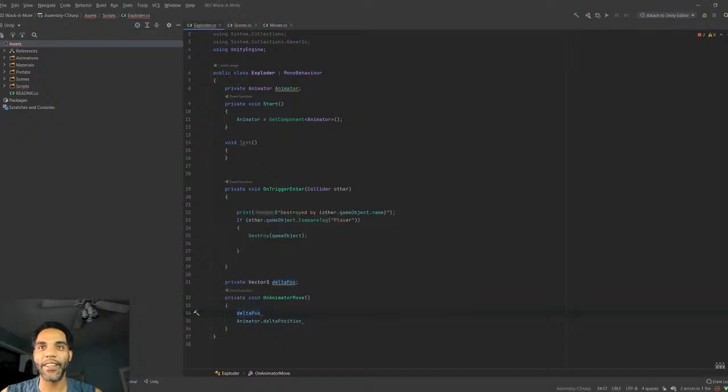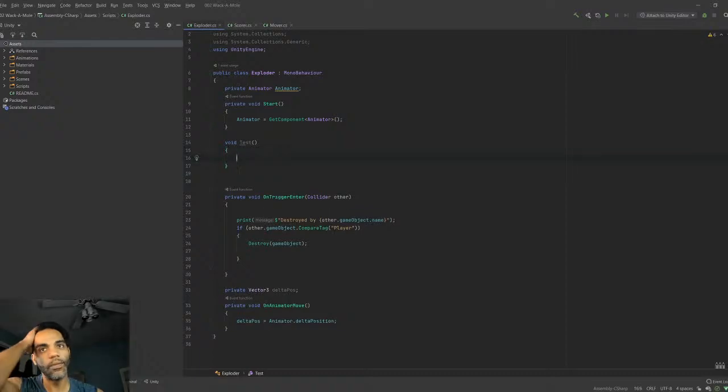Delta pause equals that. And then we can call this an update, and if delta pause is greater or equal to 0,